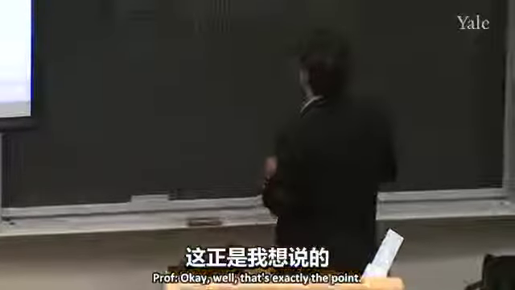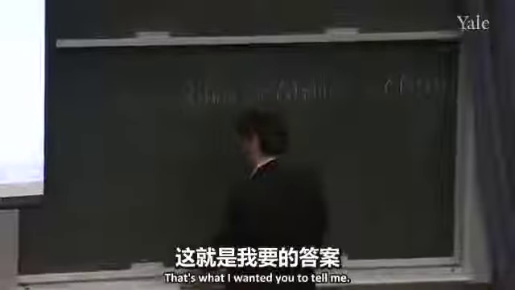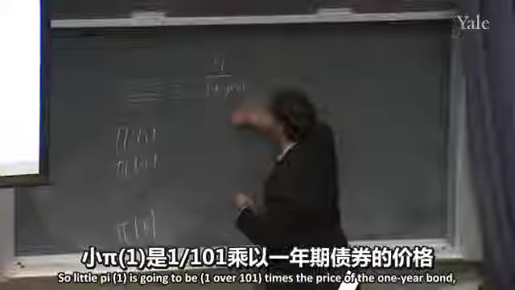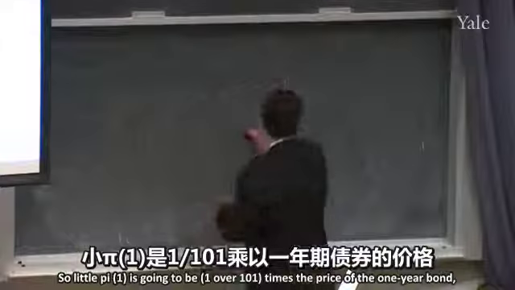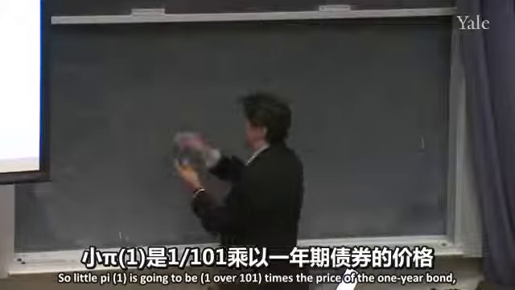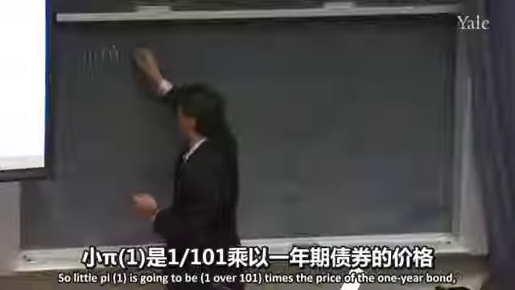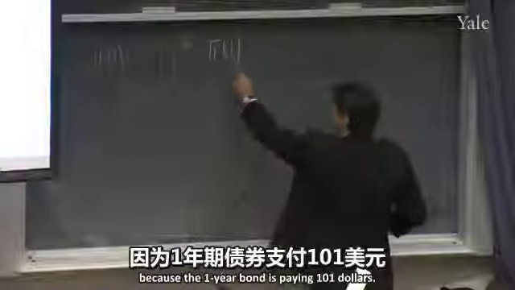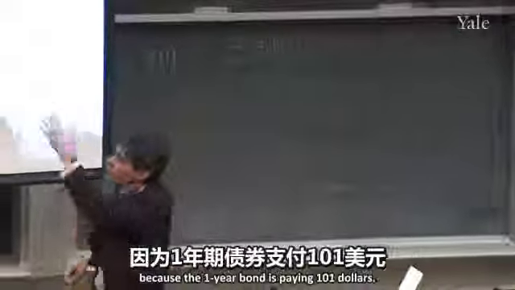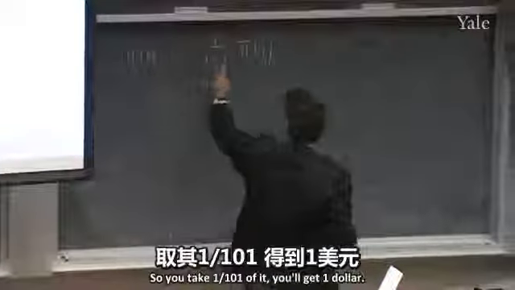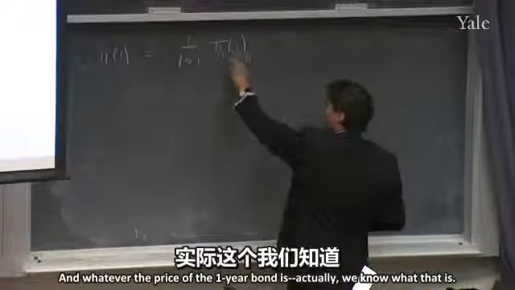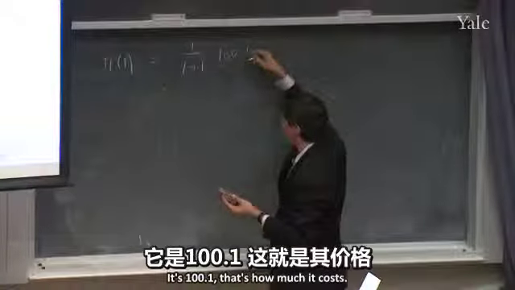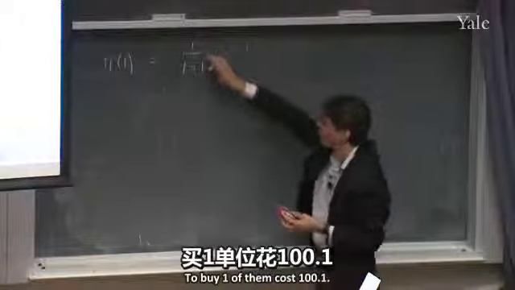Okay, well, that's exactly the point. Okay, right. I take that fraction. That's what I want you to tell me. So pi 1 is going to be 1 over 101 times the price of the 1-year bond, because the 1-year bond is paying $101. So you take 1/101st of it, you'll get $1. And whatever the price of the 1-year bond is, actually we know what that is, it's 100.1. That's how much it costs to buy one of them. To get 1 over 101 of them